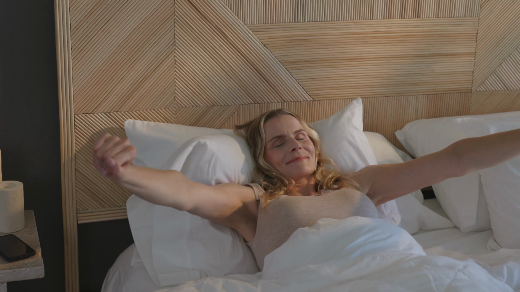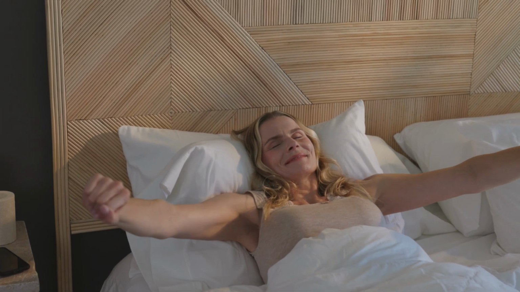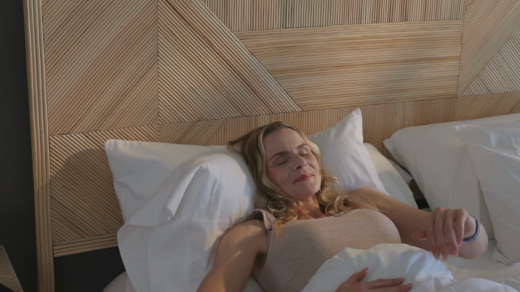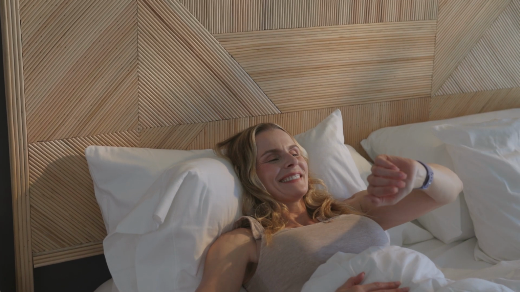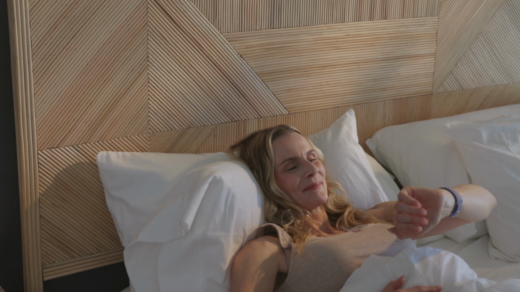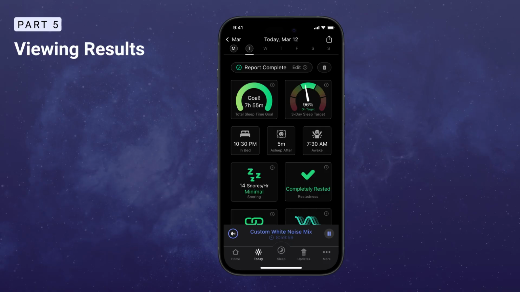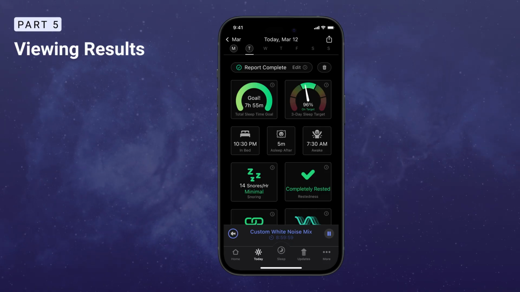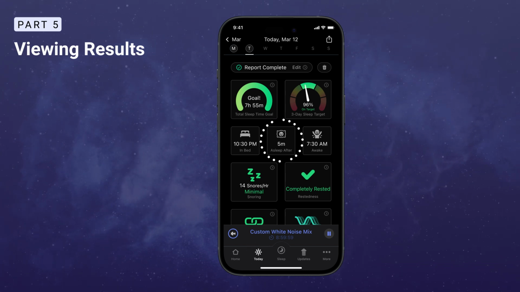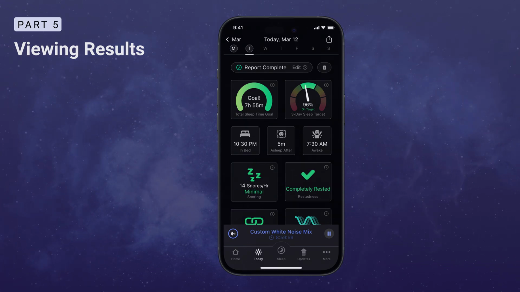When you wake up, just turn off your smart alarm to end and record your session. If you get up at night, it'll automatically track the activity as well as returning to bed. Quick tip, manually turning off the alarm during the night ends the session, so you'll need to start a new one if that happens. After waking up, open the Sleepwatch app on your iPhone. In the Today tab, you'll find your time to fall asleep result right under the total sleep time widget.